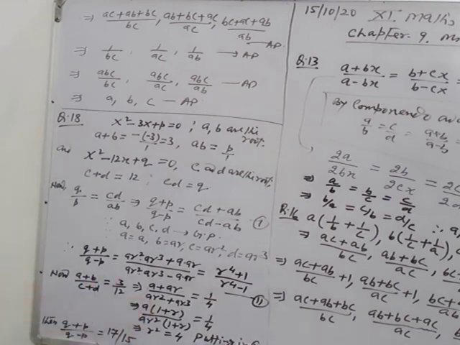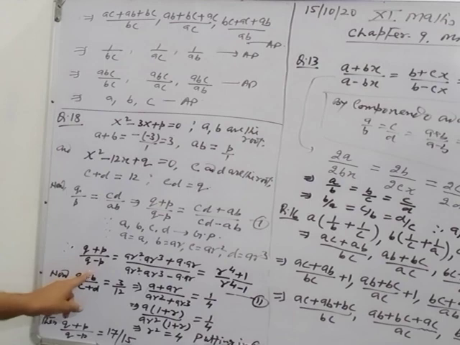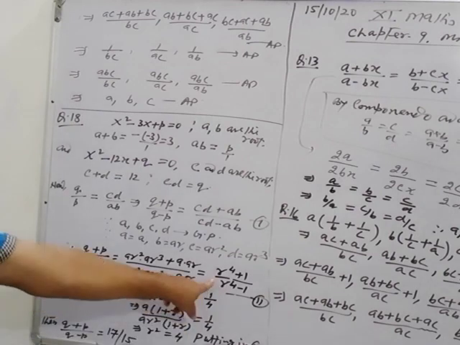Taking out the common quantity from numerator and denominator, A into 1 plus R will cancel. After simplifying, you get R square is equal to 4. Putting this value, R square equal to 4, in the second relation, you will get the value of p plus q upon q minus p as 17 by 15.